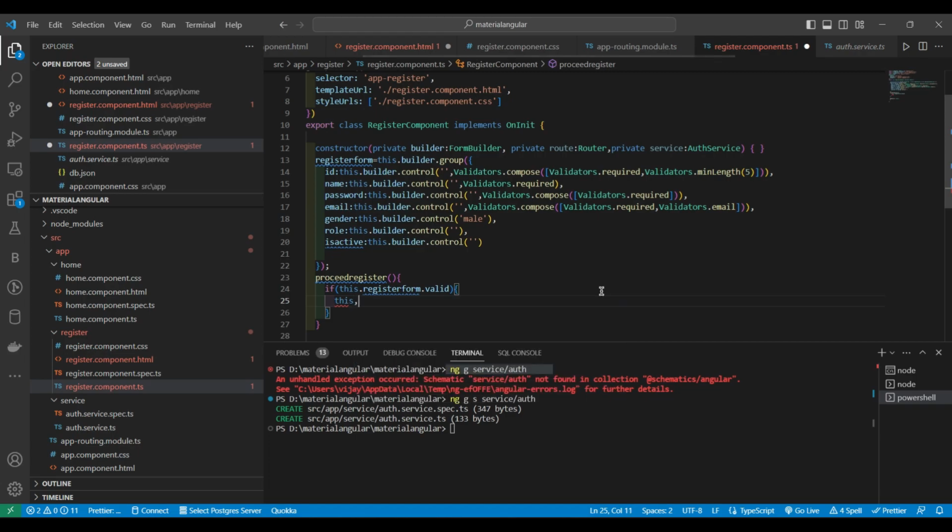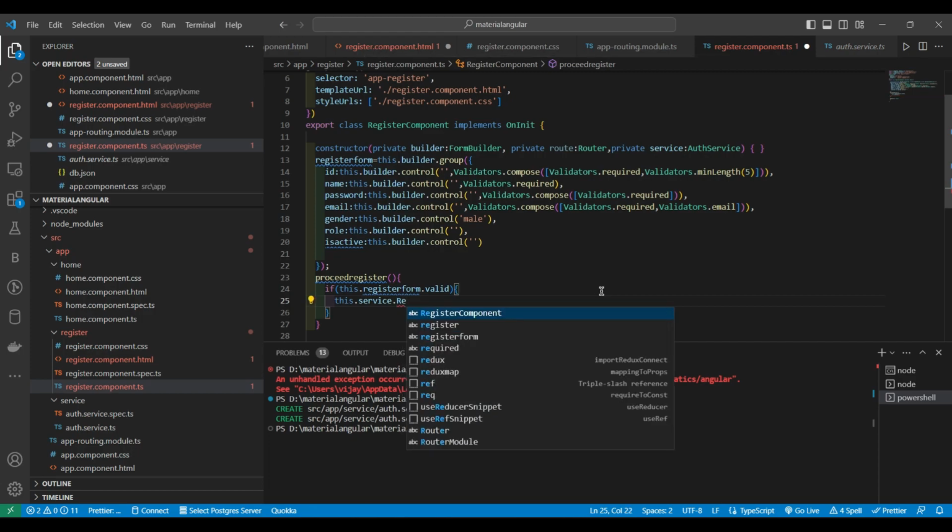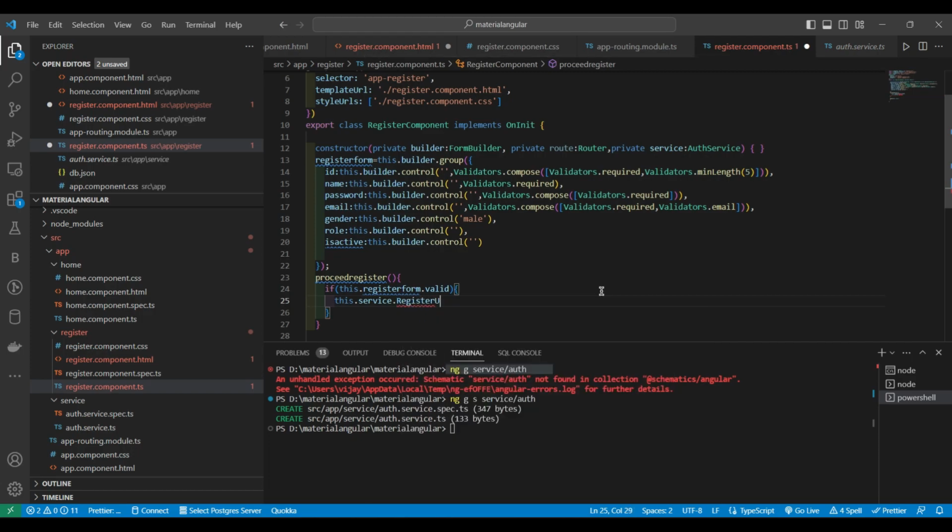This dot service dot whatever service we have used. Okay, so I'm going to create a service called register user. Okay, this thing later we will come again. Okay, in auth.service.ts file we have to use this. So there only we will tell what this register user is. So inside this I will pass this dot register form dot value. Okay, let me subscribe it dot subscribe of